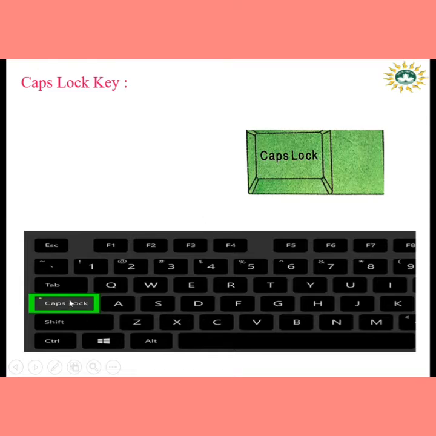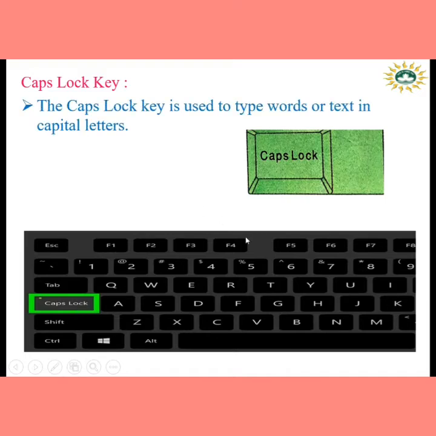On the keyboard, the caps lock key is present in the fourth row. Okay, fourth row er corner key, the left corner key is the caps lock key. And this key is used to type words or text in capital letters. We can also call this key a toggle key. Okay, now when you write any word or letter in capital, suppose you want to type your school name in capital. Okay, তোমার যেরকম তুমি কপিতে capital letter লেখো, similarly we can write on computer screen in capital.